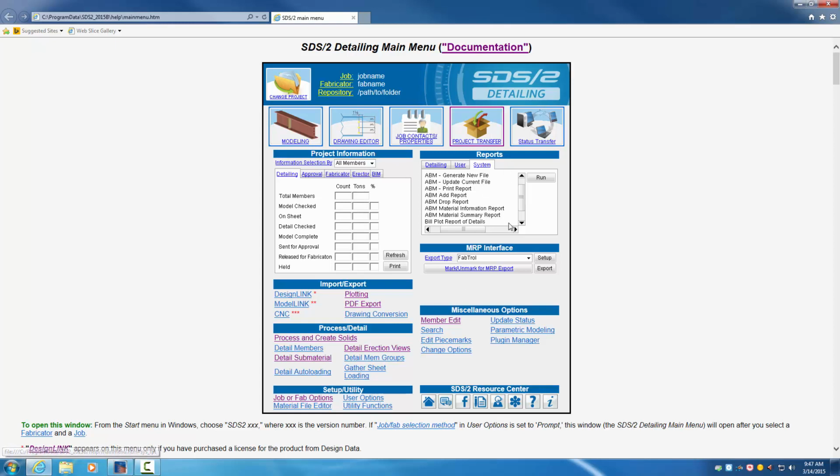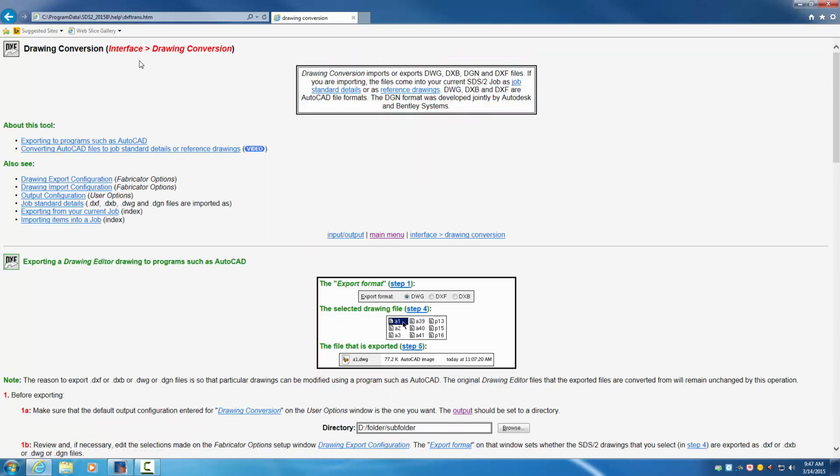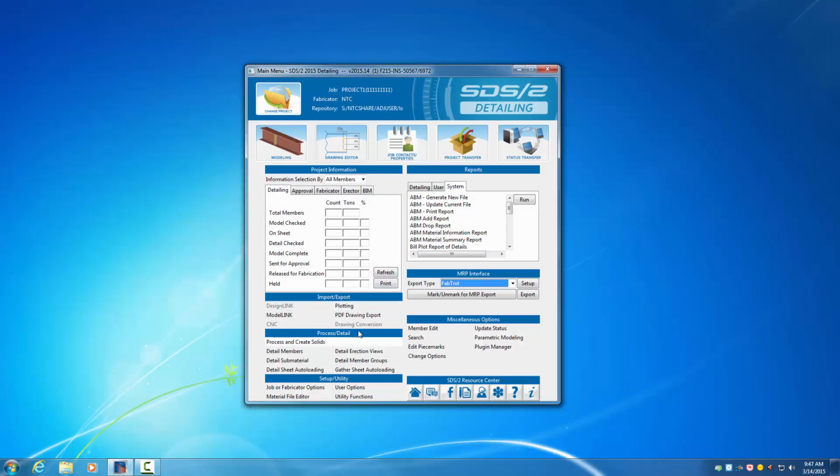So as we're going through this main menu, you can come back here and let's just say we haven't got to it yet, but drawing conversion. It'll take you to that and tell you what drawing conversion is about and how to use it. Okay, next is import export, or let's go to project information. This here, we'll come back to this a little bit later since we don't have anything in our model, but